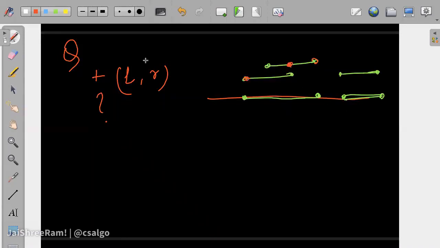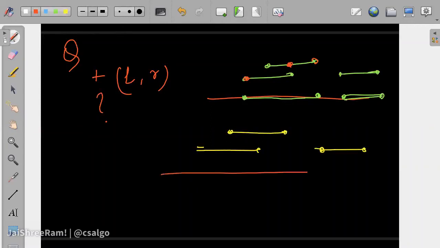If you insert, let's say, this range and this range, they get connected. And there is this range. So the answer for this would be 2, because on the line itself, if you see, this is one region and this is another region.